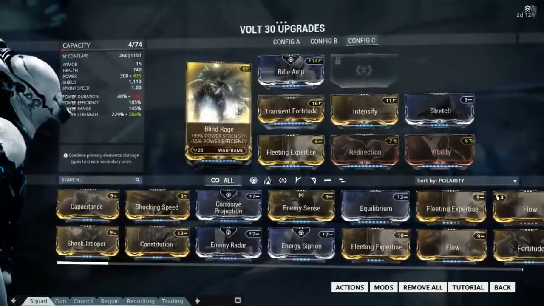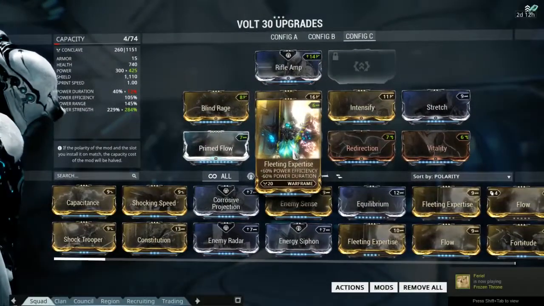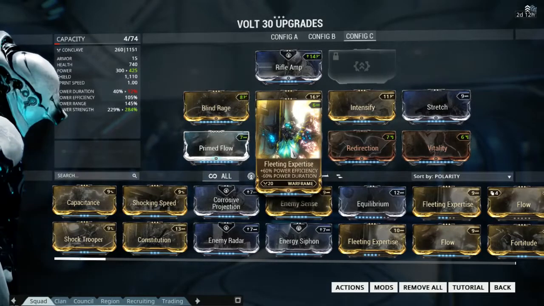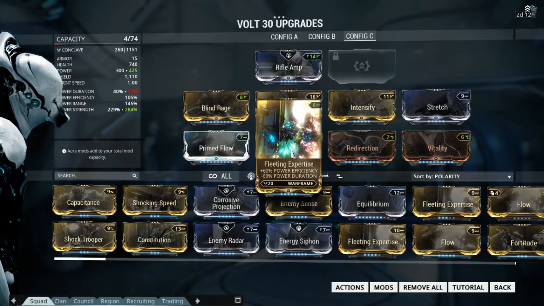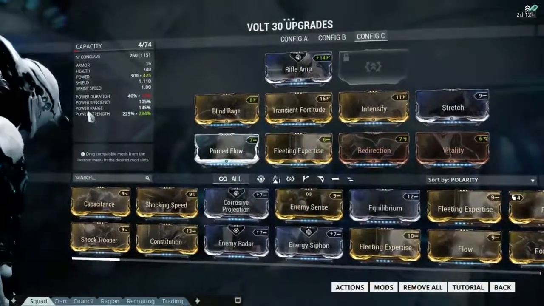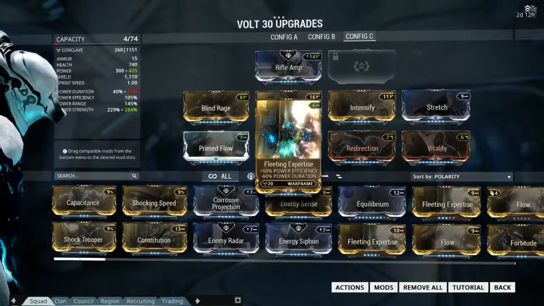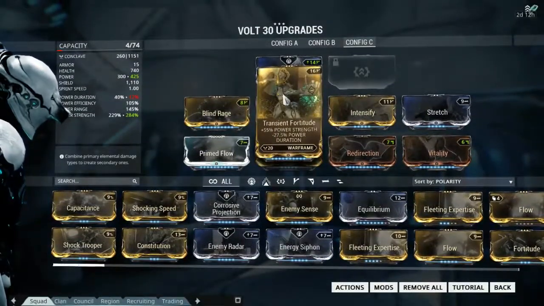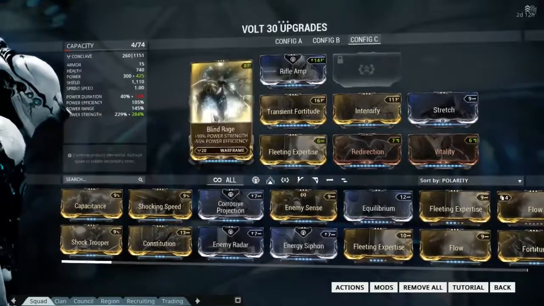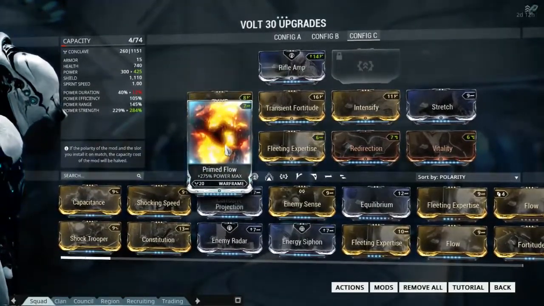This build is about damage, doesn't have efficiency, so it is speed, and ultimate is instant ability, and his speed doesn't work because, well, I have Fleeting Expertise minus duration and even Transcendent Fortitude, so I only have 12 duration. But this is all about damage and stun, so